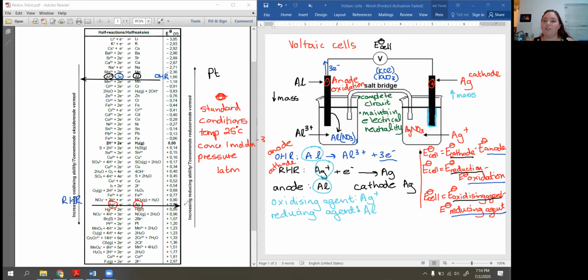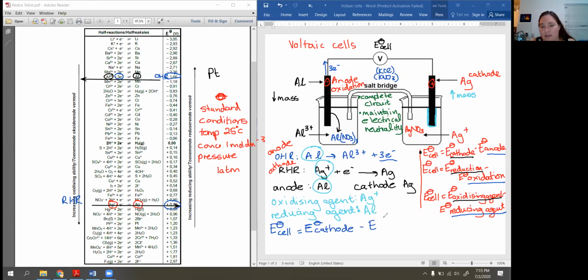Now, there's also an easier way. Your reduction half reaction is always going to be the bottom value. So although I'll write one of these, the method that I actually apply is always going bottom value minus top value. So therefore, I would say here that the E theta cell, which is the voltage or the reading, the potential difference, let's be fancy, that I'd get when I set up the cell, will always be the bottom number minus the top number. So here I can say my cell potential, the E theta cell, is going to be the E theta cathode